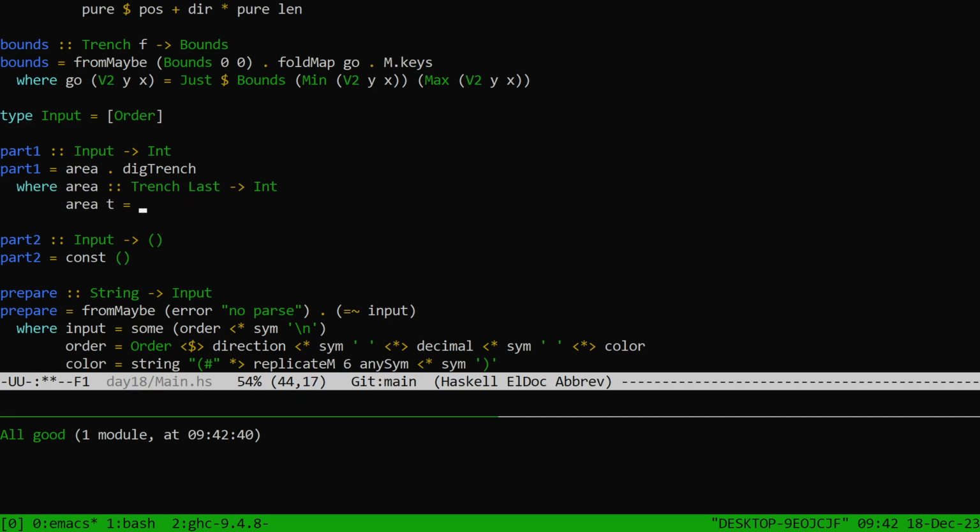So area of T is, we need it's sum . map, yes, it's sum . map length